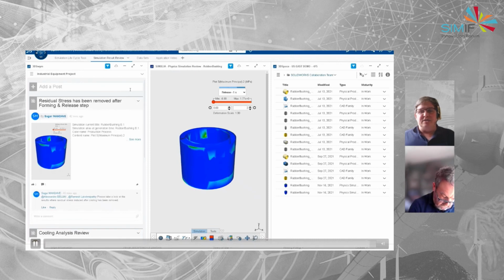Now all of that data is saved in the cloud. We can both get to it. You can get to it yourself. I can be getting on with what I want to be getting on with, and you can get that data, and between us we can be making some really powerful decisions about where we're going to go next, based on real information rather than second-hand information or having to ask somebody else to create a report for you. Exactly. The sooner we can make an educated decision, the better.